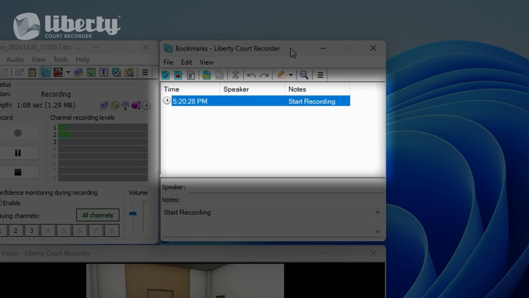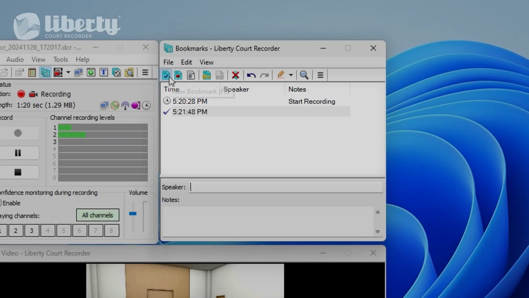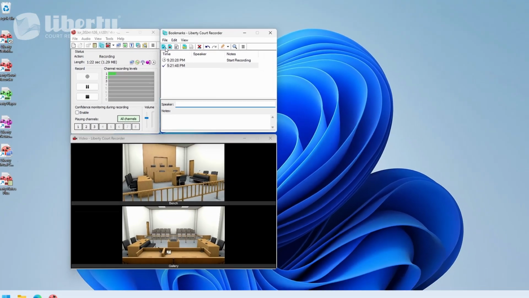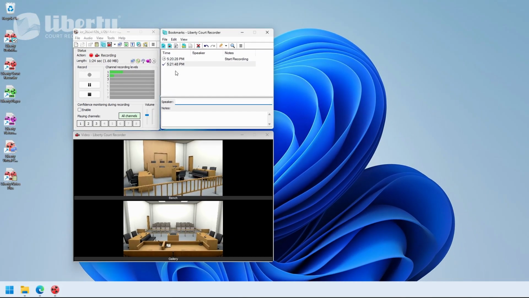Below the toolbars is the bookmark log. By default, automatic system bookmarks, such as those indicating the start and stop of recording, will appear in the list. You can also manually add any of the bookmarks from the toolbar above by clicking their respective icons. It should be noted that, unlike file notes, where you can make general observations about the recording that are not included in the official record, bookmarks are intentionally included as they generally add or expand upon key information within the